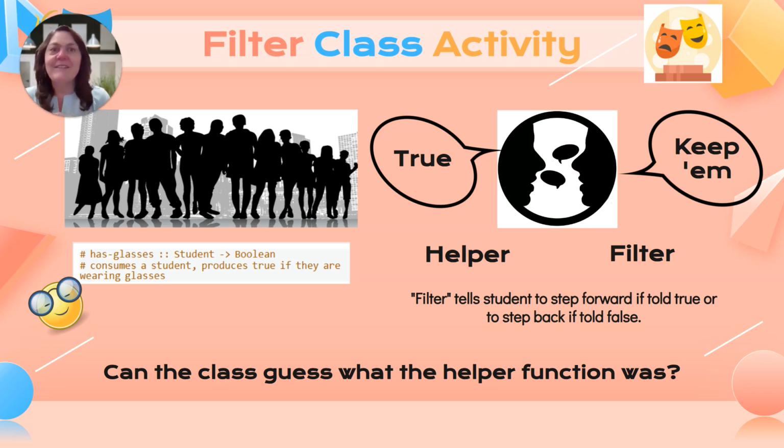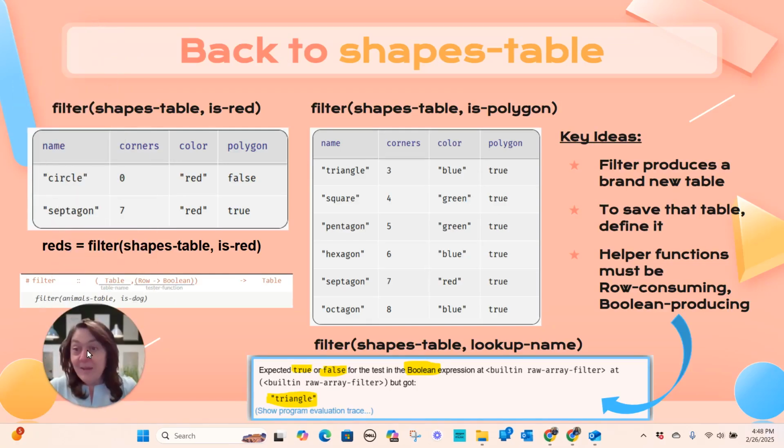It's a great activity to hone in and understand that the helper function is needed to feed to filter. All that the helper function tells filter is true or false, and the filter then picks the true ones to come and create a brand new table. Back to the shapes table,